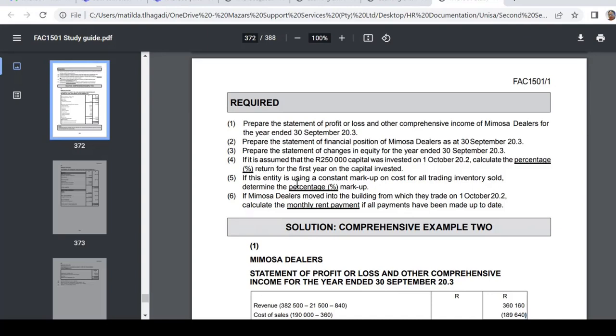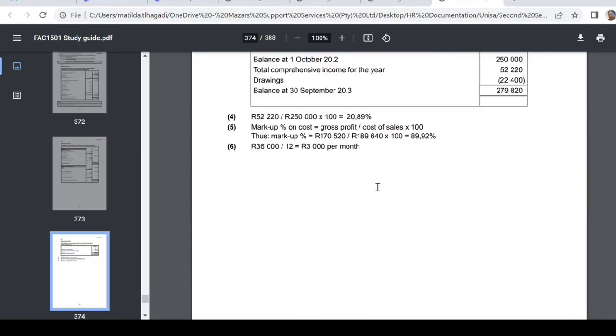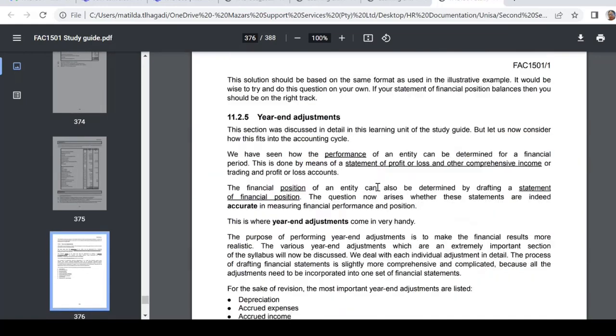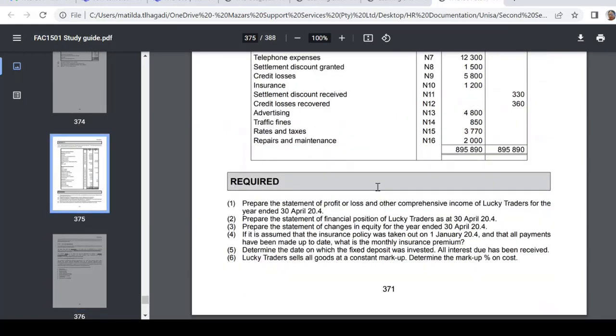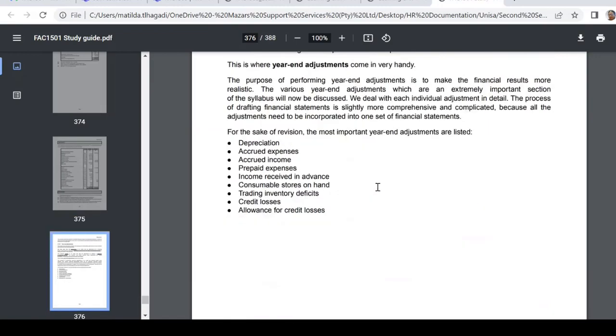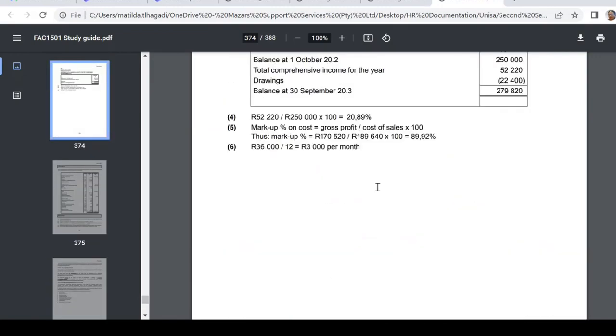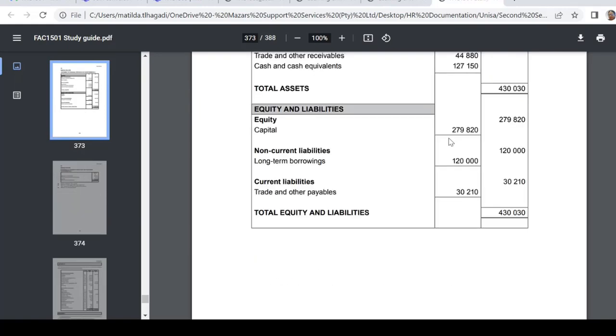So basically number 5, the question is if this entity is using constant markup on cost for all trading inventory sold, determine the percentage markup. So they've taken gross profit divided by cost of sales times 100, which is 89.92. And then number 6 is